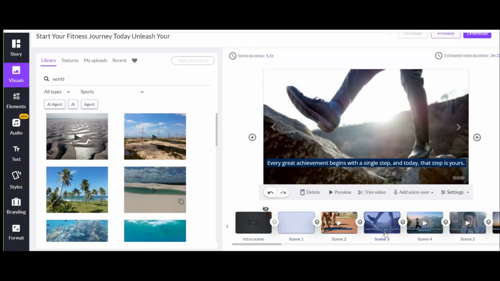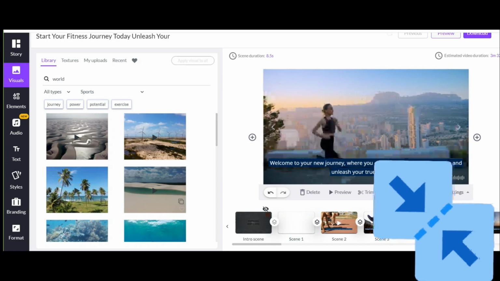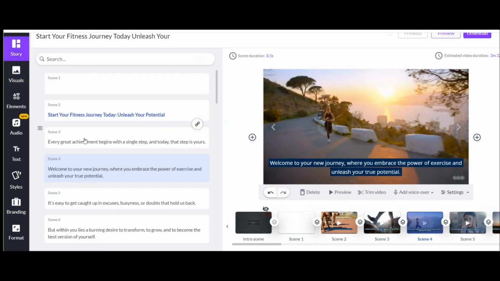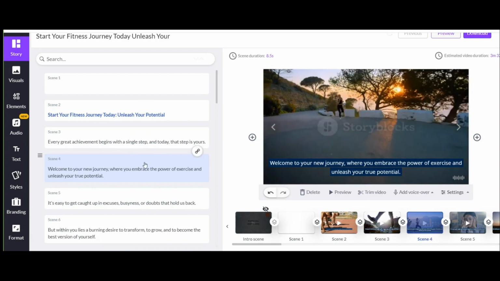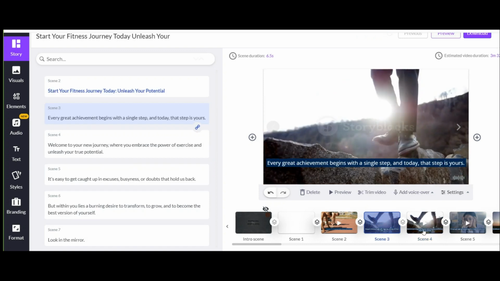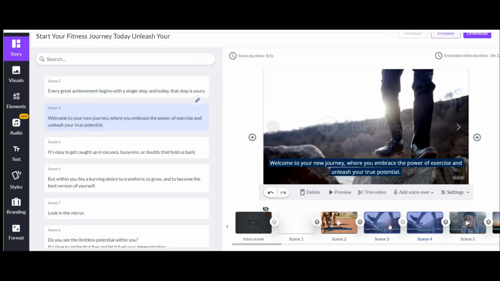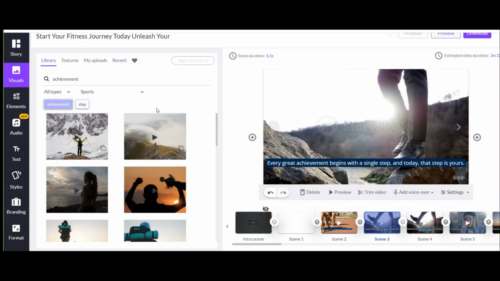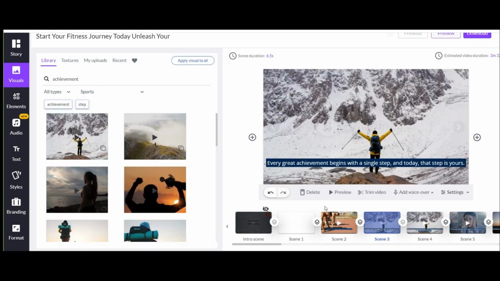The next thing about the slides is to merge them. Maybe you want to merge two slides together. It means, for example, to have a longer footage and two sentences. For this, stay on the desired slide from the story section. Click this option. Now you can see that these two merge together. In this case, you should be very careful that the time of your footage should be the same as 2 slides or more so that the video does not look bad. If your footage is short, change it and add a longer footage.